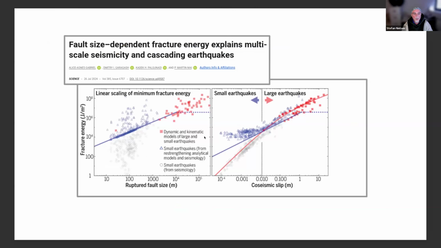Also more recent work, where by correcting the apparent energy, by incorporating the fact that there may be overshooting of the earthquake rupture, Alice Gabriel and al. showed that there seems to be a different trend between small earthquakes and large earthquakes. Their interpretation is that there's enhanced dynamic weakening in large earthquakes due to pressurization, so that creates this difference. But basically, this is an indication that maybe small earthquakes and large earthquakes are somewhat not totally identical.